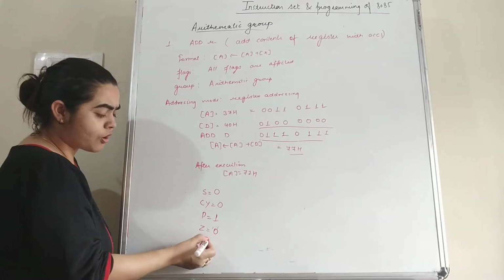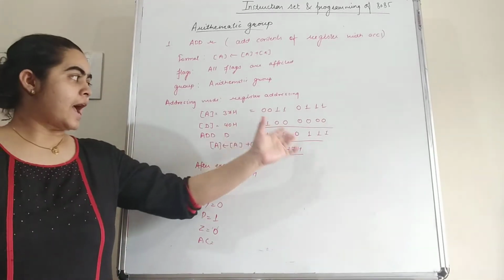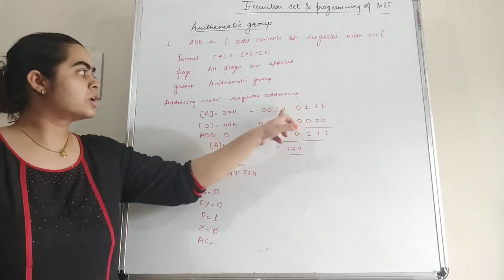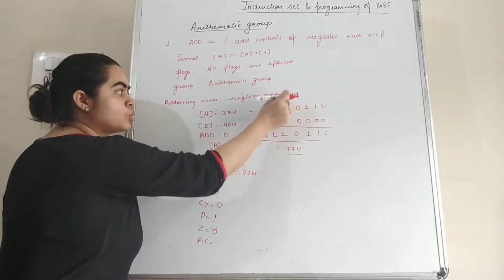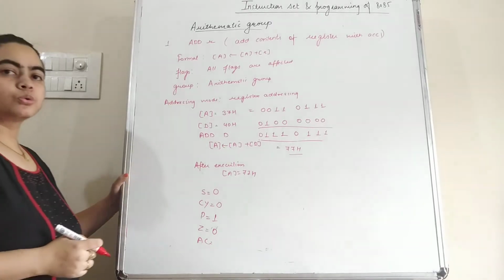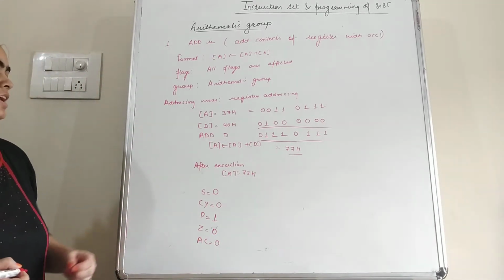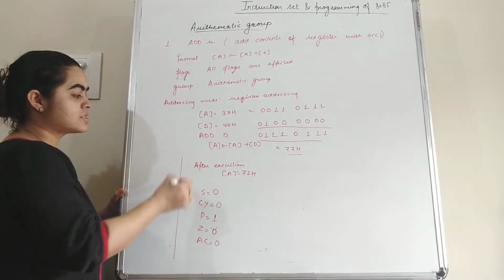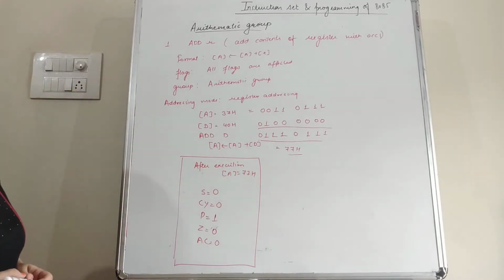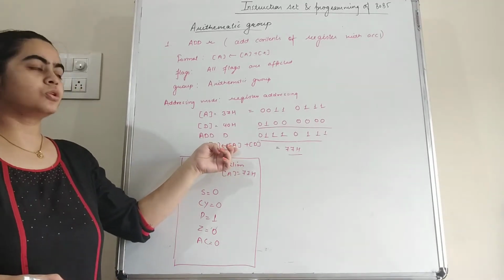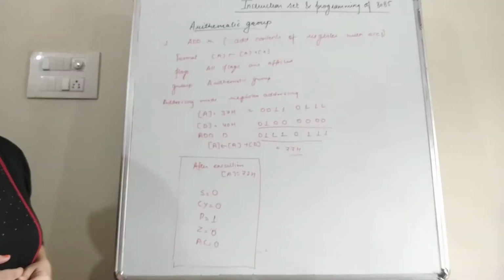After this we have the auxiliary carry. If a carry is generated from the lower nibble to the upper nibble, then only we set it. But here there is no carry generated from the lower to the upper nibble, so again we reset the auxiliary carry to 0. So this is the result after the execution of the instruction ADD D, when the contents of the accumulator are 37H and in D we have the contents 40H.